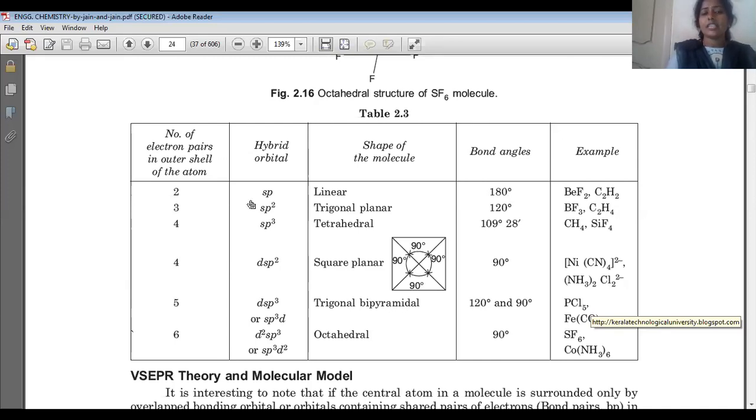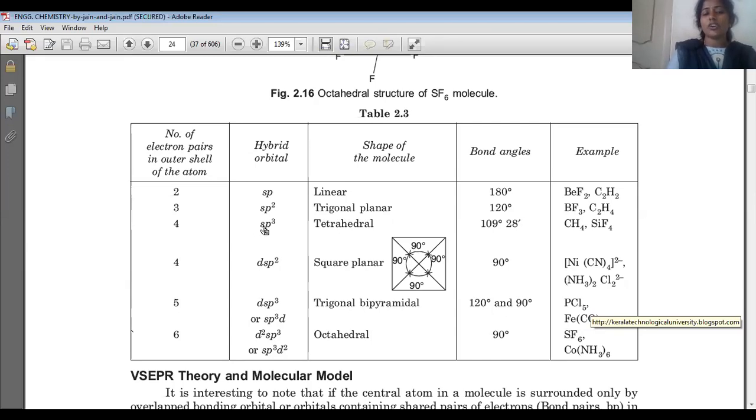When sp2 hybridization is possible, here one electron in s and two electrons in p orbitals, a total of three electrons from carbon, participate in bond formation. The shape of the molecule will be trigonal planar and the bond angle in all axes will be 120 degrees. Here ethene, the molecule containing a carbon-carbon double bond, is an example, and boron trifluoride is also an example of this planar molecule. All the bond angles are exactly equal, that is 120 degrees.